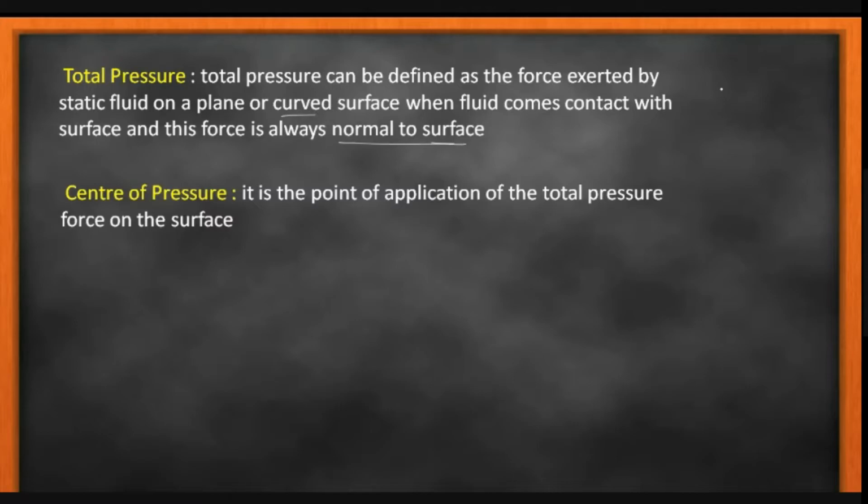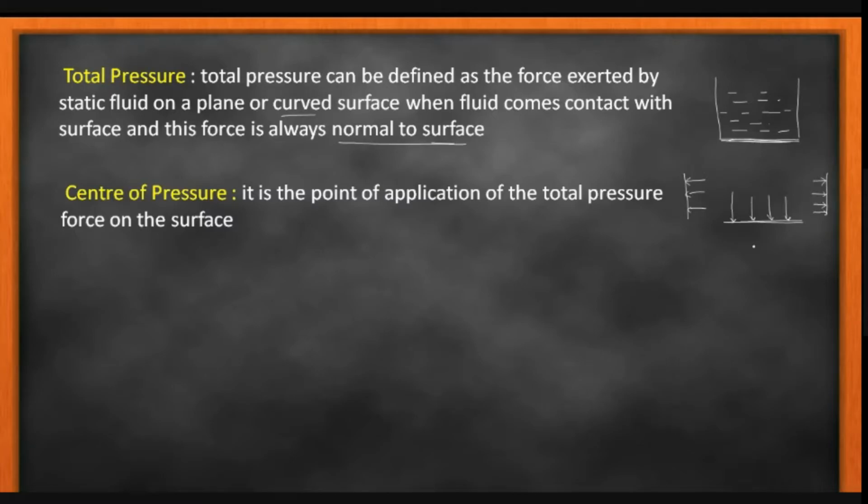Suppose I'm taking one pan in which I fill any liquid, let's say water. On this surface, how do we calculate the total pressure? Suppose I have this horizontal surface and the weight of this fluid is acting in the downward direction, and here the force is normal to this surface. Suppose I'm taking this vertical surface, then the resolution is taken like this, it is acting in the perpendicular direction, meaning the normal direction. If on the other side, then we have this kind of force.